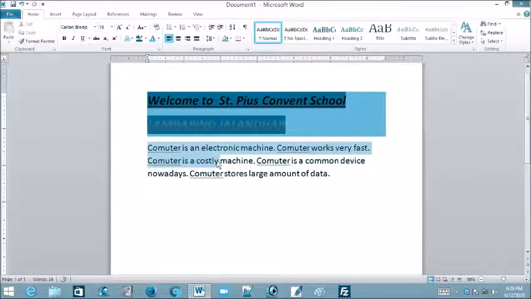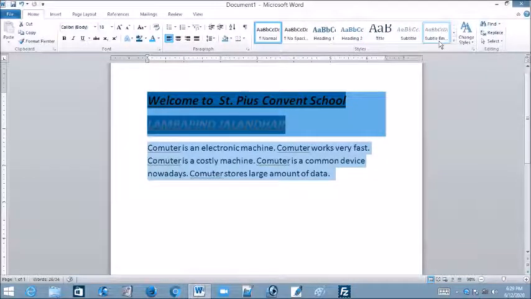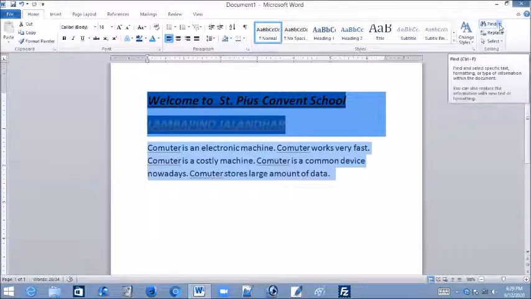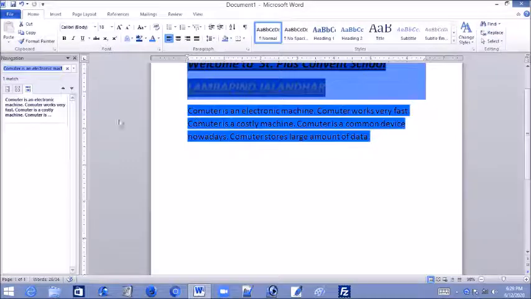So I am just selecting this text and going to Find, in the last group of your Home tab. The Editing group is there. So we have the Find option here, the top one. In this we have, see, Find. So what we want to find, here we got this navigation window.